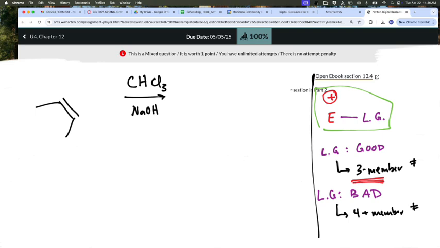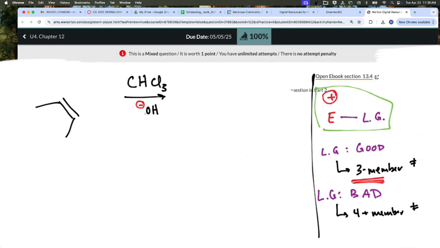Sodium hydroxide is a strong base, guys. You should be jumping all over that right out of the gate. Which should be problematic because that's a negative. And if that's a negative, that most certainly is not going to react with the alkene, because the alkene is also a source of electrons, which means that negative needs to react with,